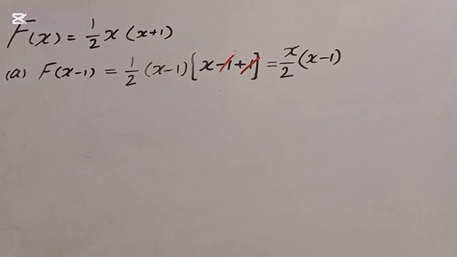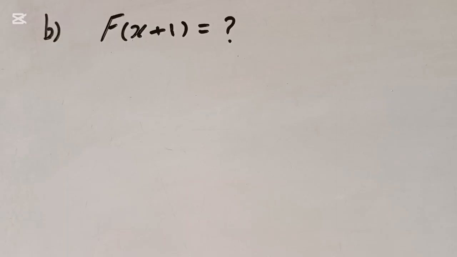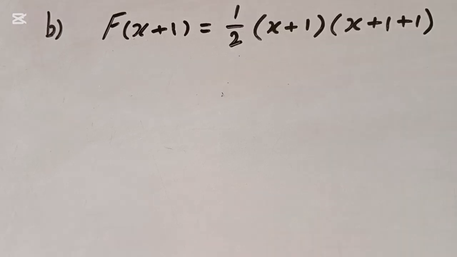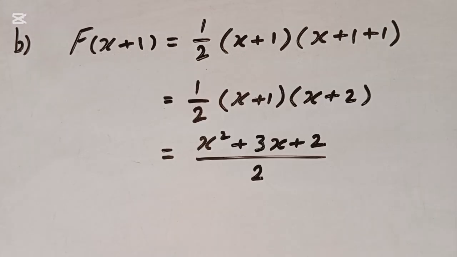Finally it results x into x minus 1 by 2. In the second part, we have to find out f(x plus 1). We have substituted x plus 1 instead of x in the function. After this substitution, we have solved it, and the final result we have got is x square plus 3x plus 2